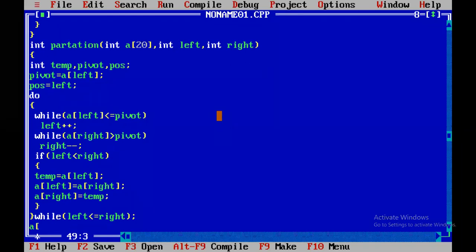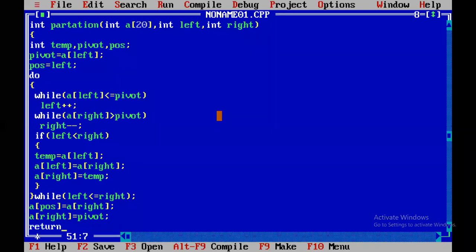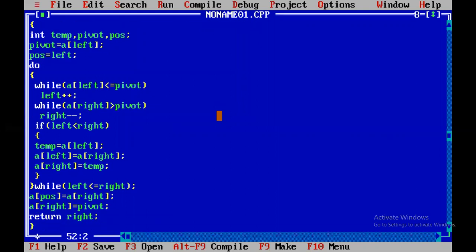So A of position equal to A of right, and A of right equal to pivot. Then return right. This is the technique we are using in Quicksort. This is the process.